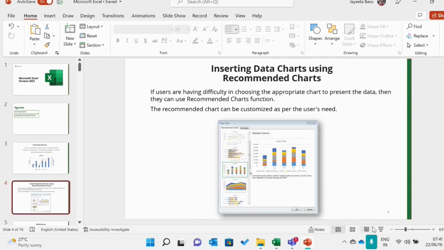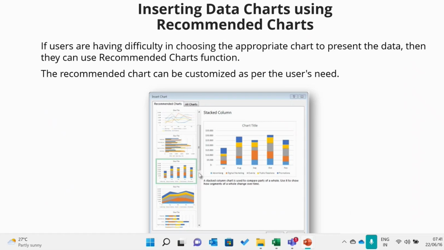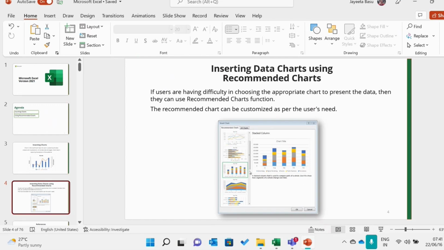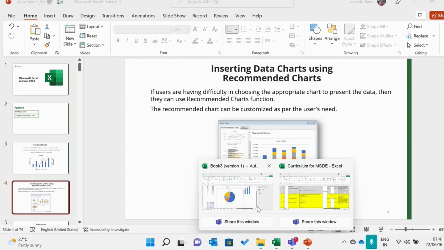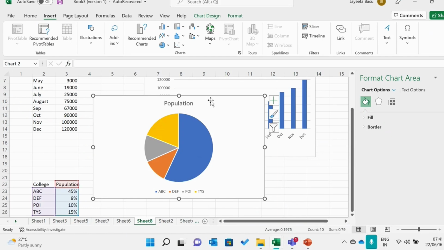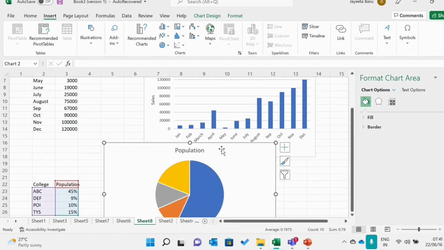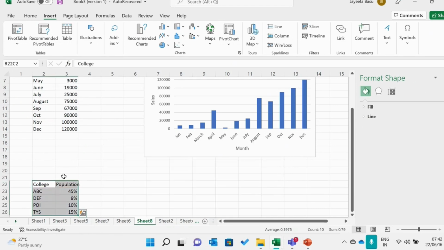The next slide that we will understand is recommended charts. Now, for example, the first thing that you see in the insert tab is the recommended chart. So let's go to recommended charts and see what recommended charts are all about. As I was saying, it is very important for all of us to use a proper chart. If you go to insert, and let's say I've selected this particular data set,